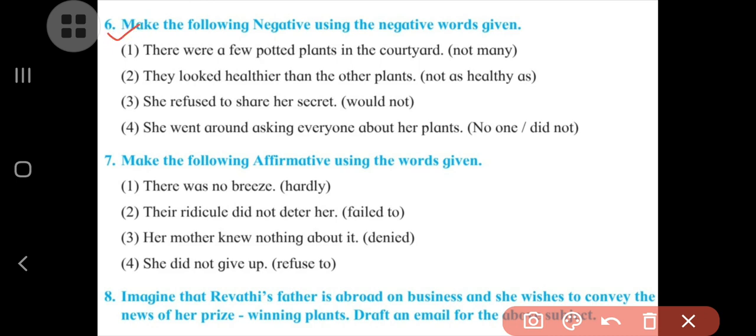Look at now, the first five activities we have already seen in the last couple of videos, so 6th, 7th and 8th remain. These activities we will also complete, understand? Today we will see how to make negative sentences by using the given negative words. The negative words are already given here just after each sentence. Here you can see. So look at now, the first sentence is given there.